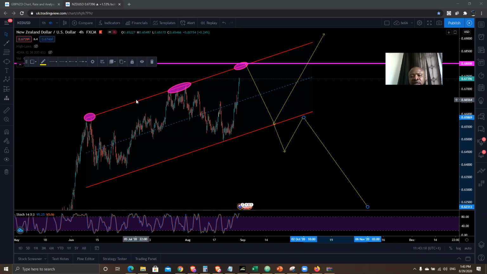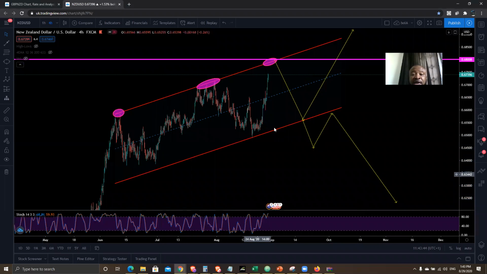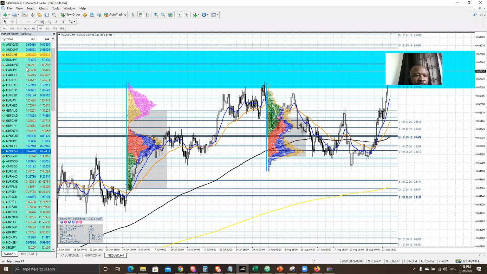One thing I want you to understand is this: if the fundamentals are telling us that something is strong, your job as a trader is not just to say that because it's strong, just the way that we've seen in the article on the Forex News Live, I'll just jump in and be a buyer, right? You're now going to do your own job. And what is your job? Your job is to look at that strength and see whether that strength is getting to an area where it's likely going to falter. And that is what we've done over here.